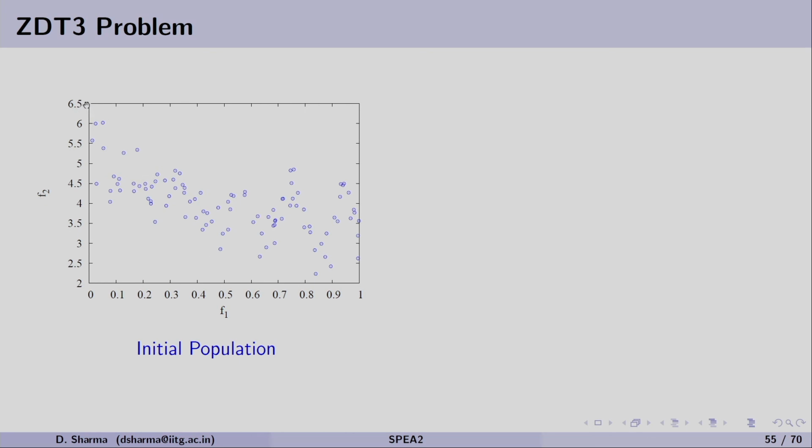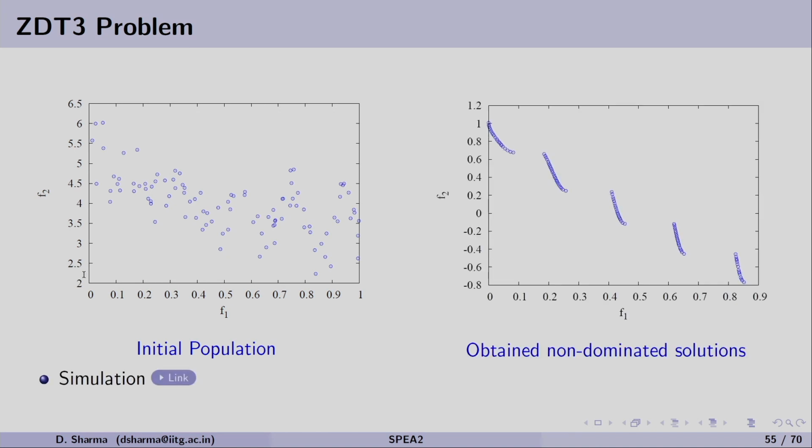As you can see, the range of F2 is from 6.5 to 2. After 200 generations, the solutions are distributed on the disconnected front, and the range of F2 we can see is from 1 to minus 0.8, and F1 is lying between 0 and 0.9.